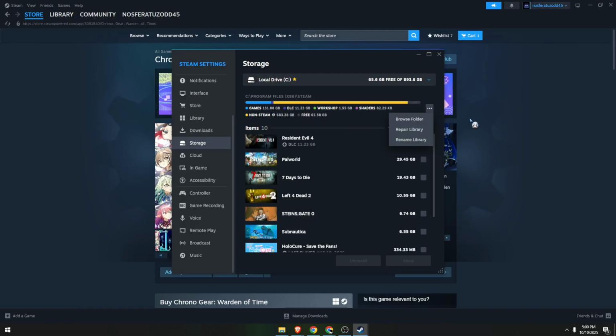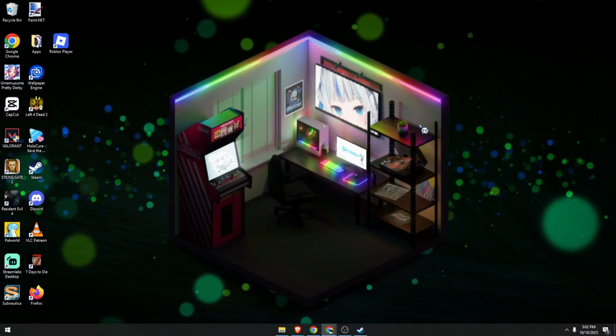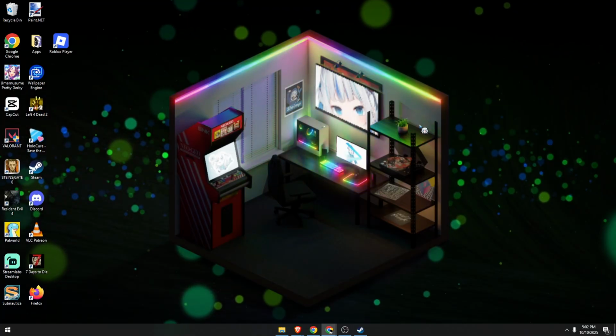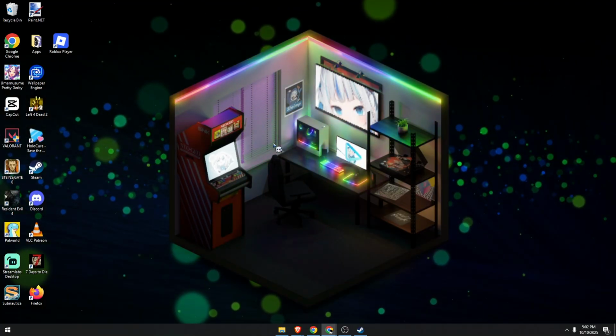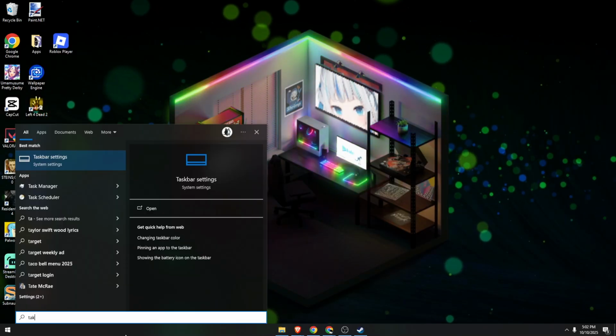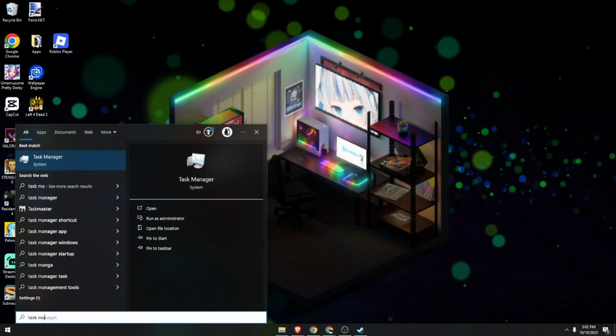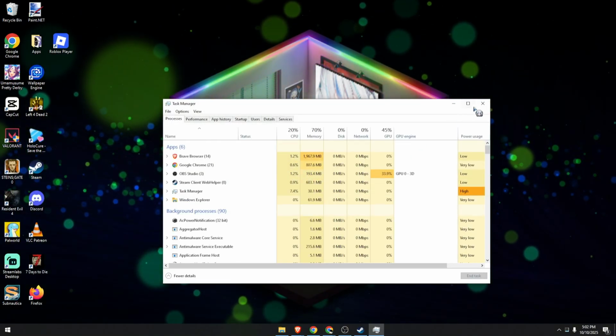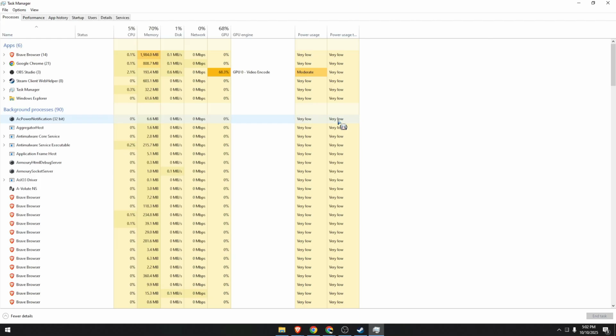If it's still giving you the same message, the missing file privileges error, don't worry, we've got a few more fixes to try. The next thing we're going to do is use Task Manager to end the process that sometimes interferes with Steam. So open your Start menu over here and type in Task Manager. Task Manager, left click on it, and once you see it appear, click on it. We need to look for a specific program that it's running. It's called